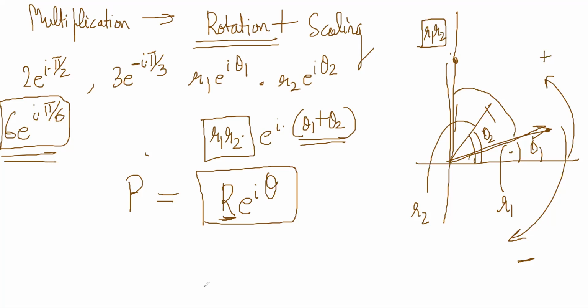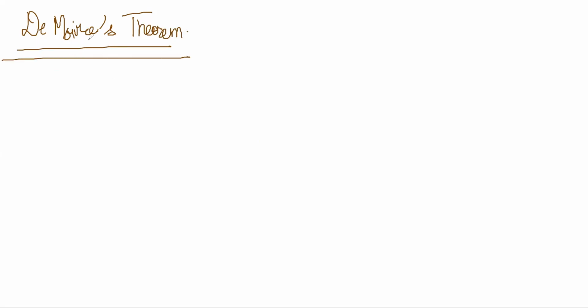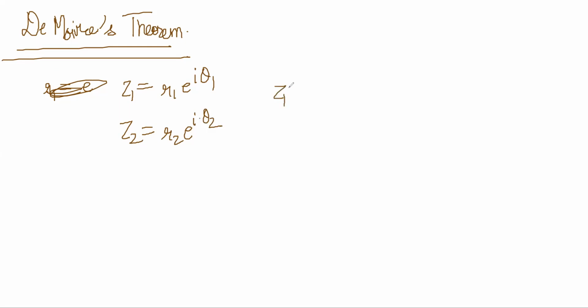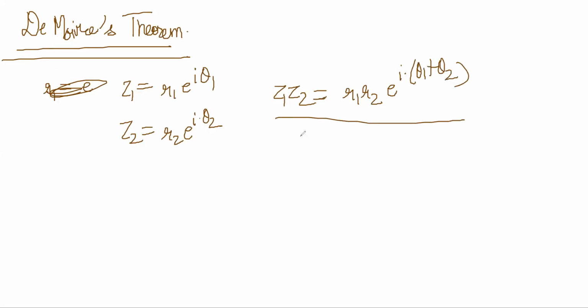Now you can also prove something called De Moivre's theorem. Has it been discussed in class? No, sir, but it's there in my book. So you can also prove something very nice. For example, let's say we have two complex numbers. Z1 is equal to R1 e power i theta 1. Z2 is equal to R2 e power i theta 2, right? So Z1 Z2 is equal to R1 R2 e power i (theta 1 plus theta 2), right? Correct? So now what can we do here?